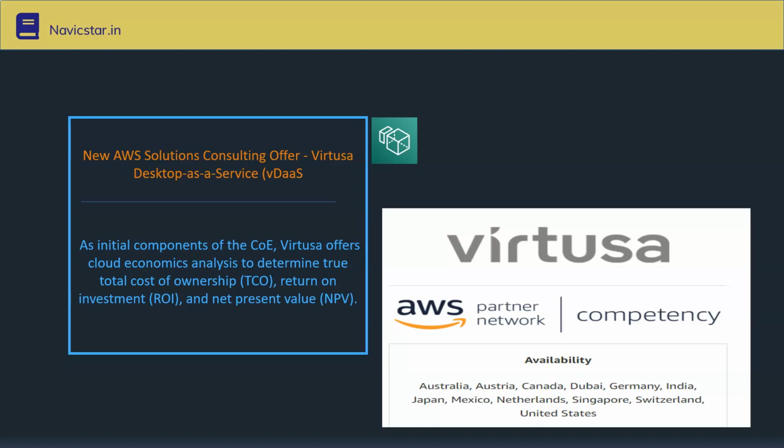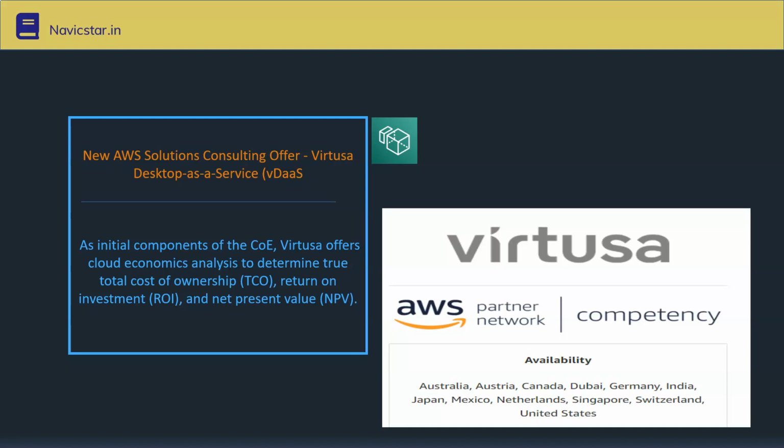Already AWS gives you WorkSpaces solutions, a desktop as a service solution. But if you have to set up, say, 1,000 workspaces in your infra across multiple regions and locations, you can immediately take this consulting offer of AWS, which has a tie-up with this company, Virtusa, a partner network member. They can help you set up your entire desktop as a service application for your office users, who can also access those desktops remotely, working from home.